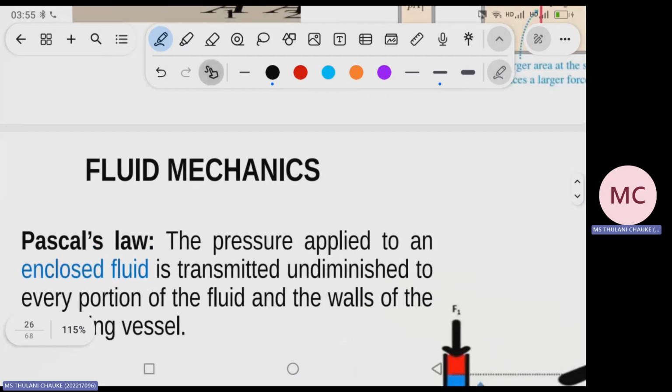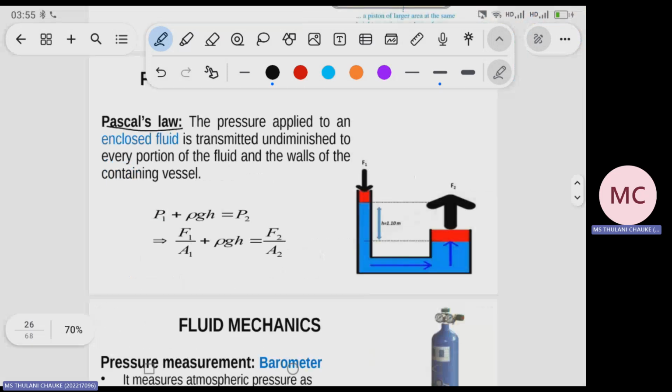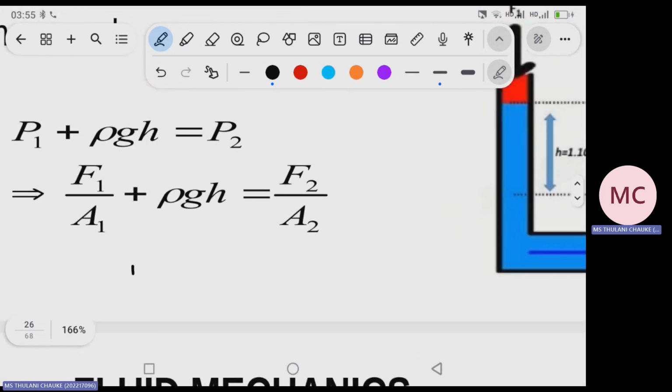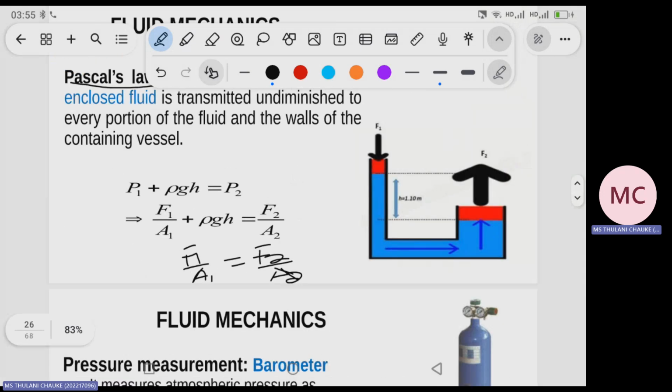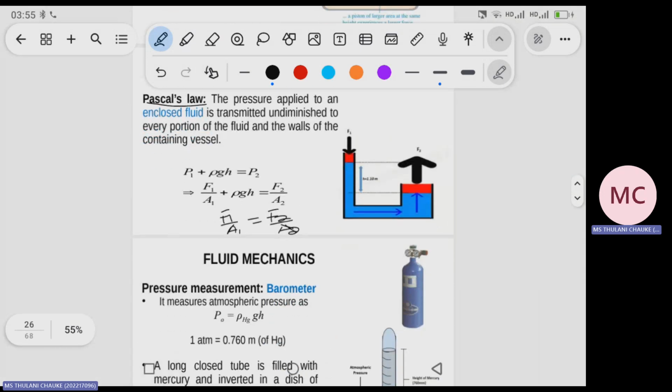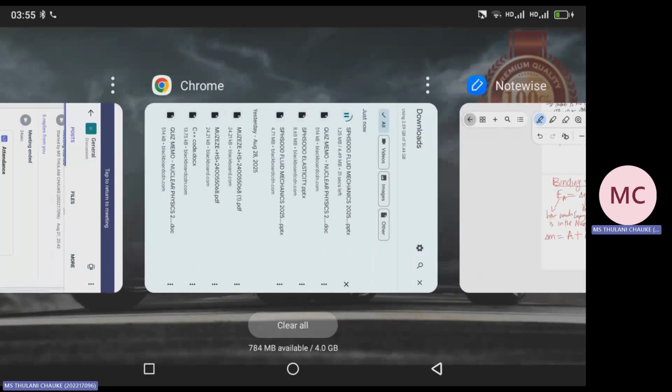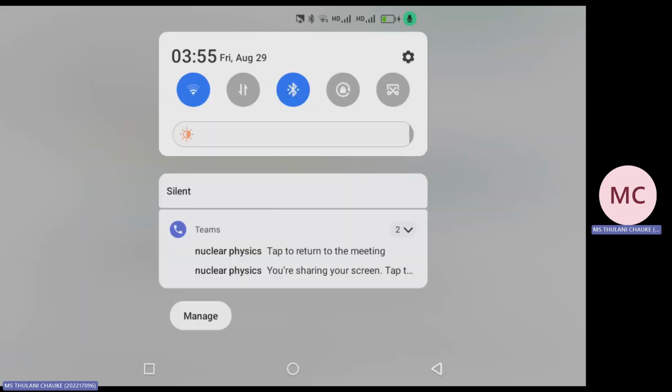And also I have the last one, for the cell. Even this one is about the pressure. The formula is F1 over A1 equal to F2 over A2. This one will need another